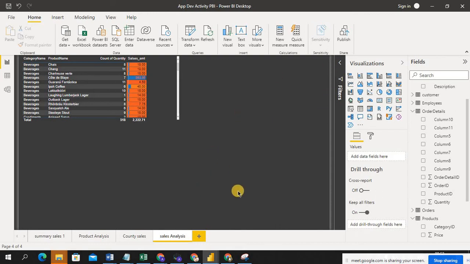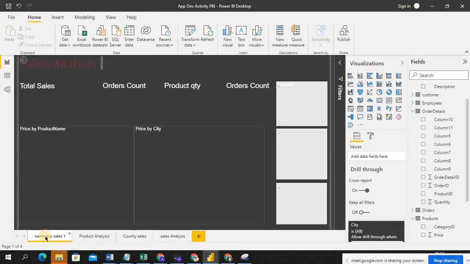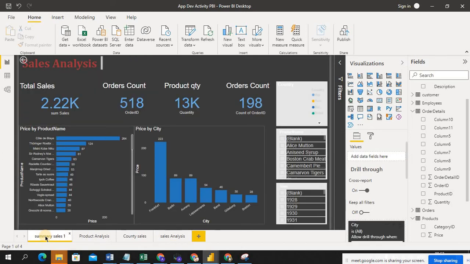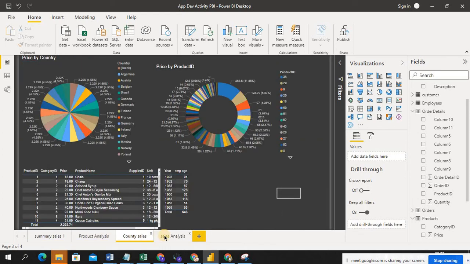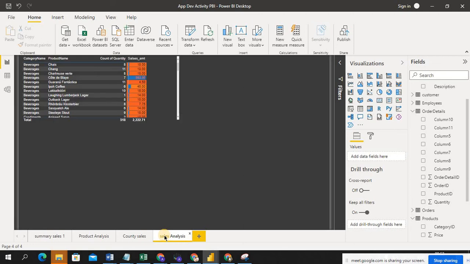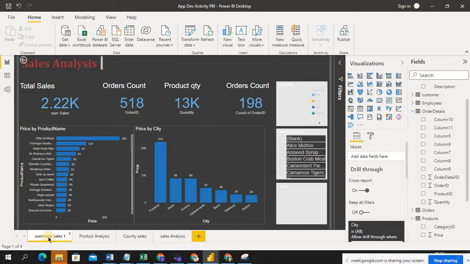Now I have these 4 reports. I want to make an action, I don't want to click manually like this. My requirement is I want to operate from this table to another table.